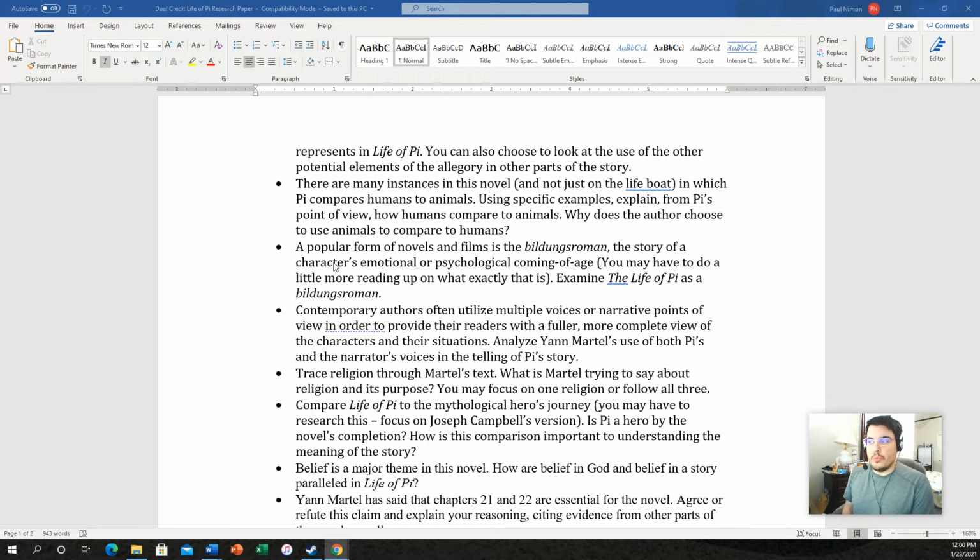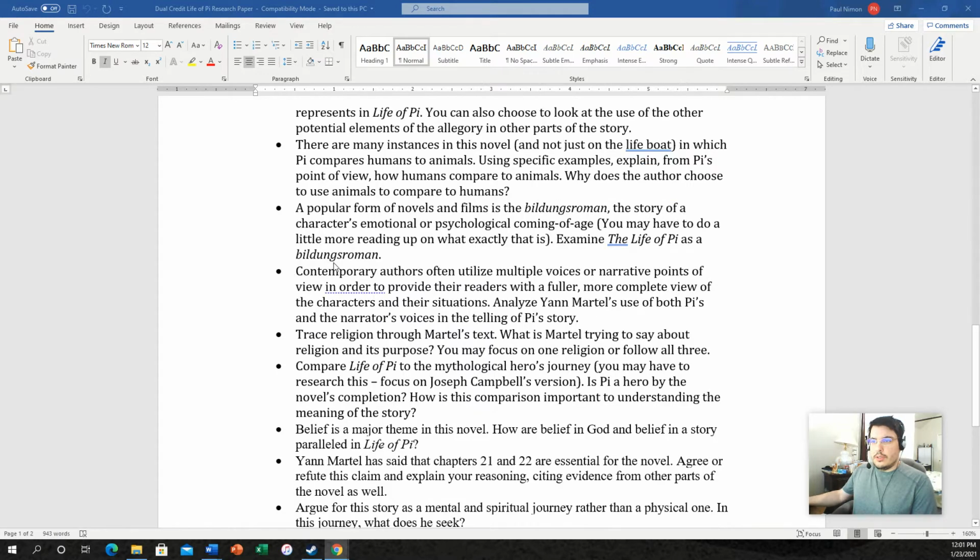So talk to me about the animals, and you can divide that up where you have different paragraphs for different animals or different paragraphs for different sections of the book. Like, here's a paragraph where we talk about the animals from the zoo. Here's a paragraph where we talk about the animals from the island. Here's a paragraph when we talk about the animals on the boat, and so on and so forth. The next one